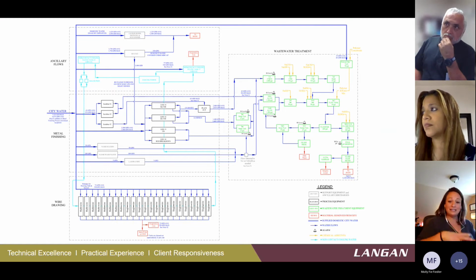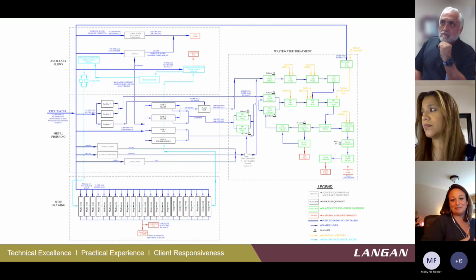It allowed us to size down the system a little bit by not including things that didn't need to be in there. And it also allowed us to streamline their permitting process because we were allowed to use two separate general permits for this rather than get an individual permit for the facility.